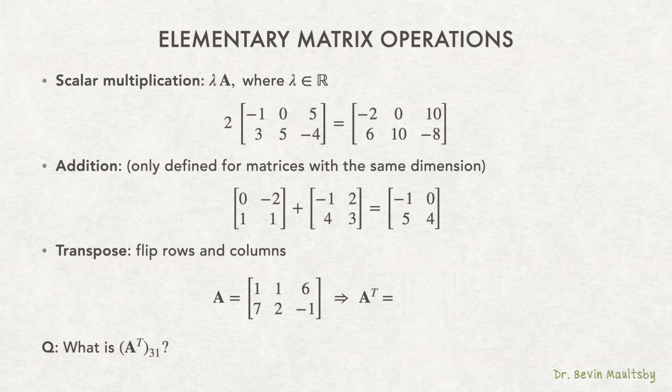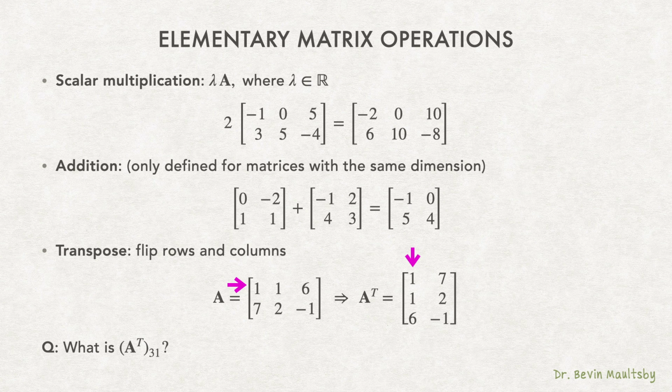The last operation I want to look at for general matrices in this video is how to compute the transpose of a matrix. All you do is interchange the rows and columns, or basically you flip the matrix. What I'm going to do is take the first row, 1, 1, 6, and make that the first column. Similarly, the second row, 7, 2, -1, became the second column. From the other point of view, the first column of the original matrix A, 1, 7, became the first row